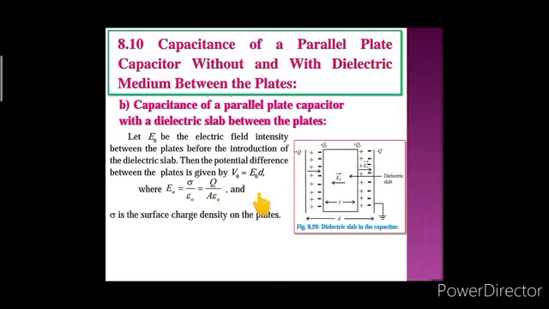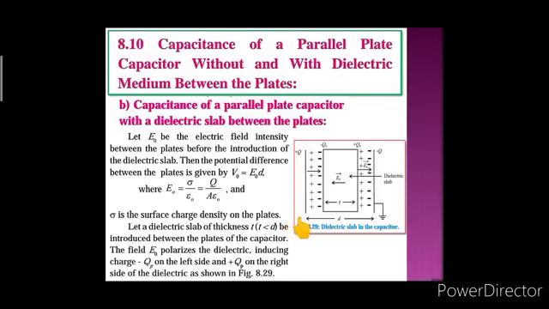As we had seen already, the value of E between these two plates we are getting as sigma upon epsilon naught. So over here sigma is nothing but the surface charge density on the plates there. That means how much charge is there per unit area of the plates. Then we are introducing a dielectric slab of thickness T, and it is to be kept in mind that this thickness T of the dielectric slab is less than the separation between the two plates of the capacitor there.